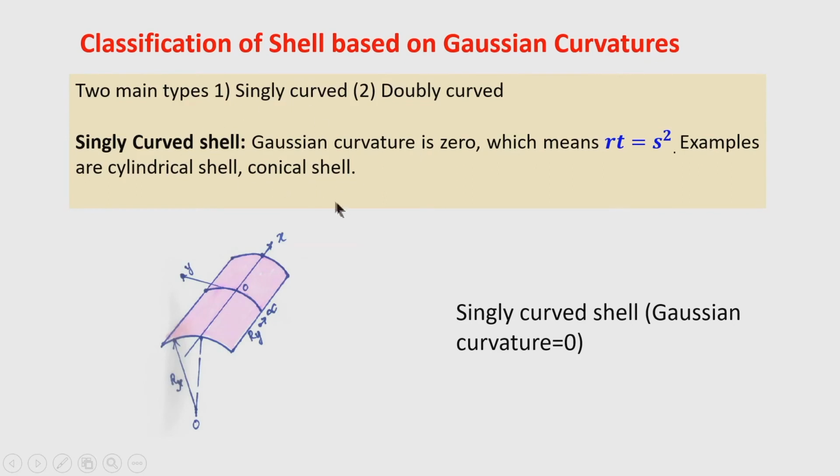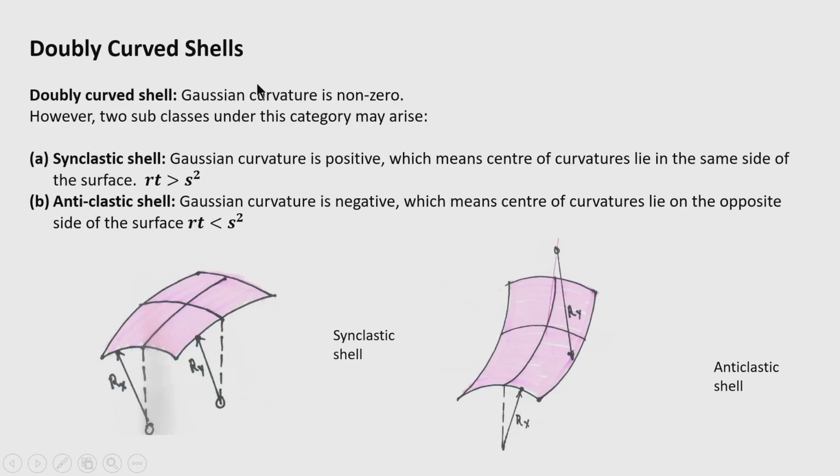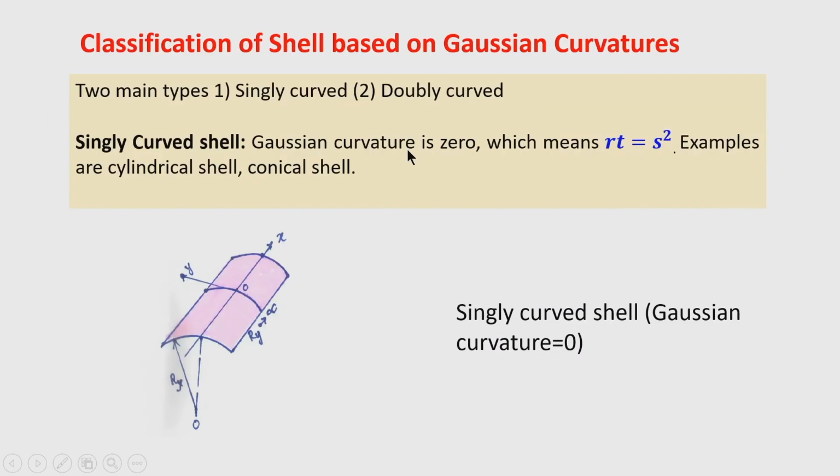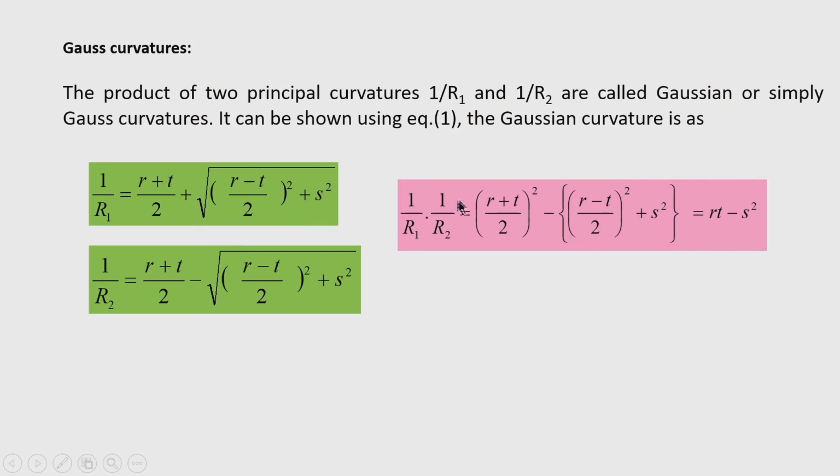So, this is an example of a singly curved shell; the Gaussian curvature is 0. Now, let us come to the doubly curved shell. In a doubly curved shell, the Gaussian curvature is non-zero. Now, if I see the expression of this Gaussian curvature,